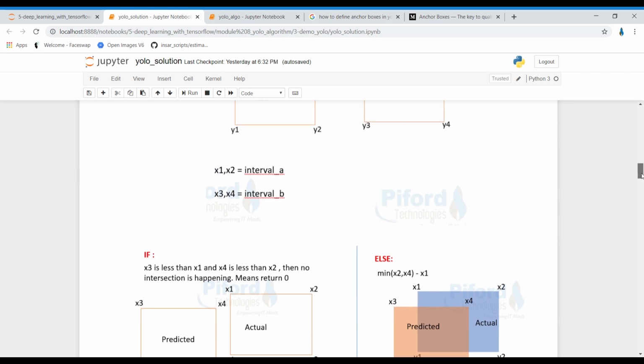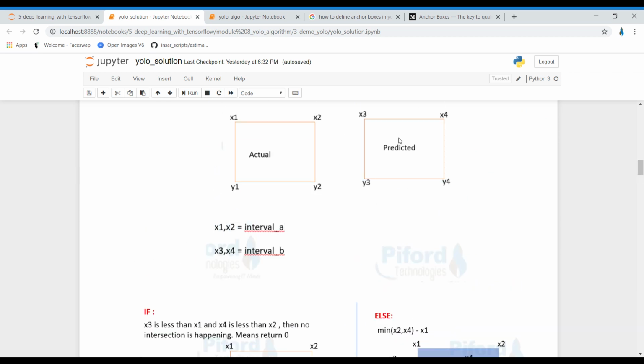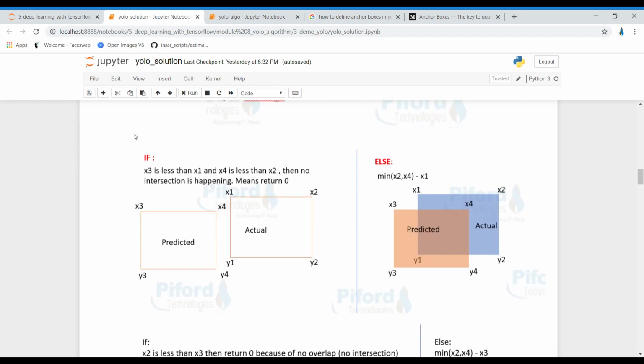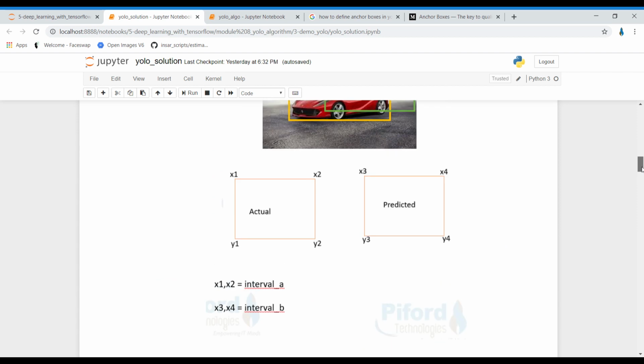All right, so we have two boxes with these dimensions: one is the actual box and the other is the predicted bounding box. And we are using an if condition. If x3 is less than x1 and x4 is less than x2, meaning this parameter is less than this and this value is less than this, then what will happen?